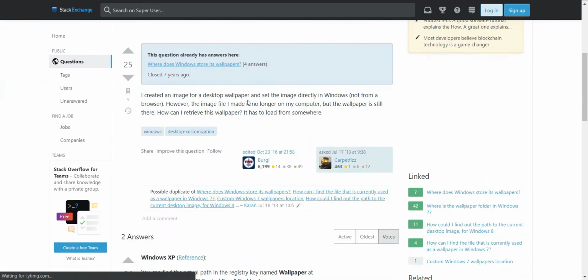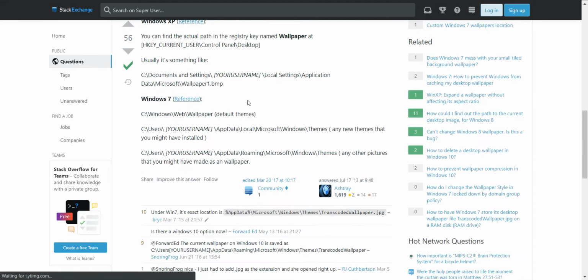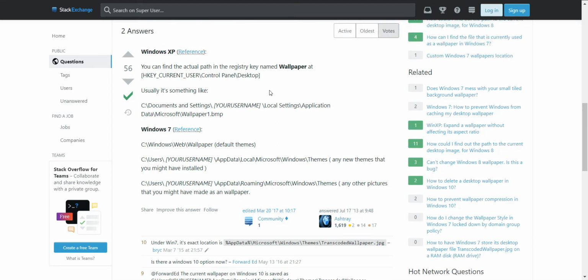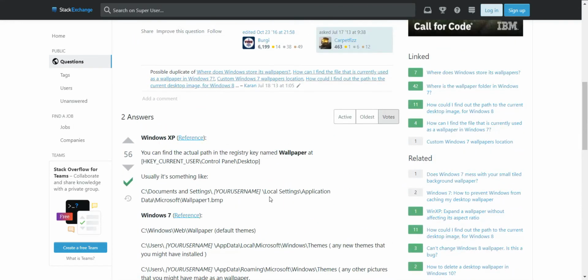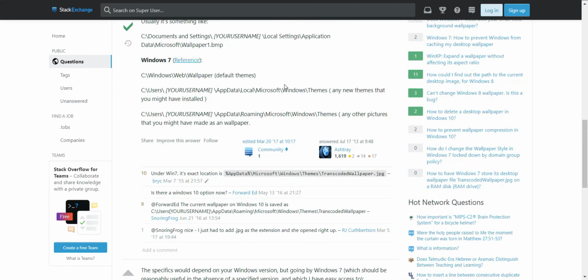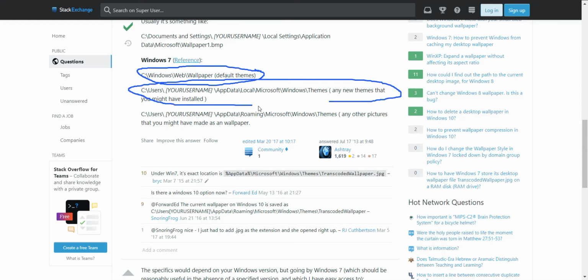Store its current wallpaper. Let's see that. It is for XP and Windows 7, but what it tells us is that default themes are saved into this directory, any new themes are saved into this directory, and any other picture that you might have as a wallpaper is saved into this directory.